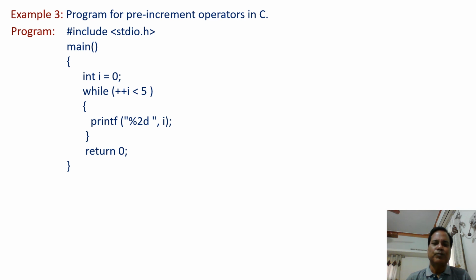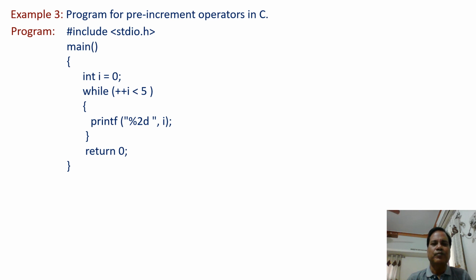So the condition is true. So in the body of the while loop, printf percentage 2d, i. We have to print the value of i at this point. And also note that here percentage 2d is written. 2d indicates the printing of the data using 2 column spaces on the output screen. So first 1 is printed at this point, and after this the value of i is incremented. So it now becomes 2. 2 is less than 5. Again the condition is true,